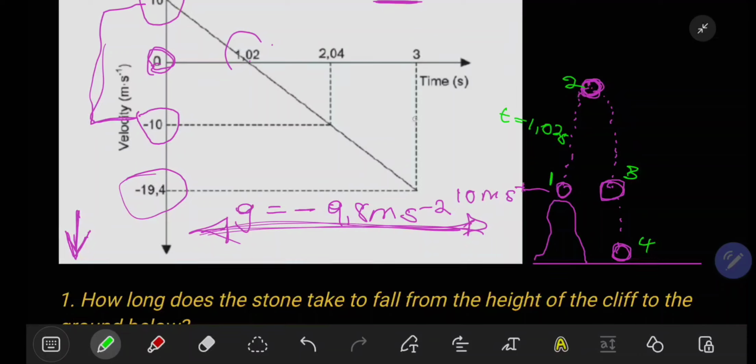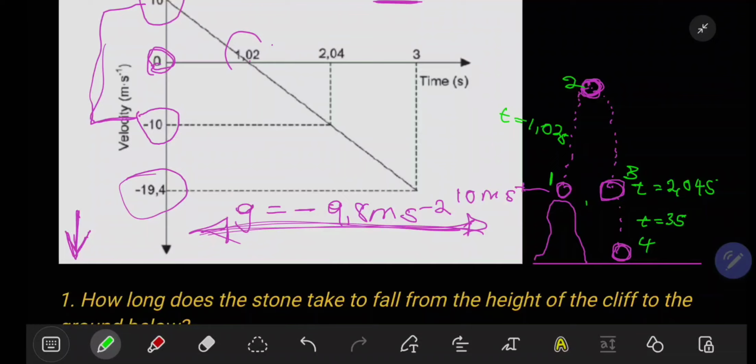And then when you multiply that by 2, the time it takes to go to the maximum height and then return to the same position, hence from the initial point to point number 3, t must equal 2.04 seconds. And then from point 1 to point 4, it takes 3 seconds for the ball to reach